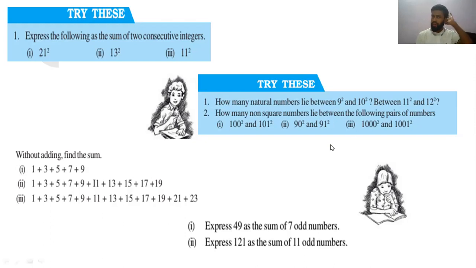यानी कि 100 का स्क्वायर जो भी आए और 101 का स्क्वायर जो भी आए, उन दोनों नंबर्स के बीच में कितने नंबर्स आएंगे, या ये कहें कि कितने नॉन स्क्वायर नंबर्स आएंगे, क्योंकि वो जो भी नंबर होंगे वो स्क्वायर होंगे ही नहीं, तो सिंपली छोटे वाले का डबल। तो 100 और 101 में छोटा कौन है, 100, तो आंसर इज 200, ठीक है। मैं करके दिखा देता हूँ।